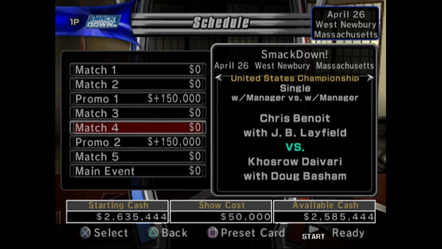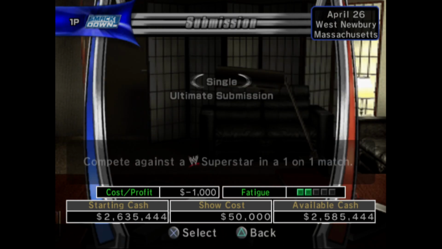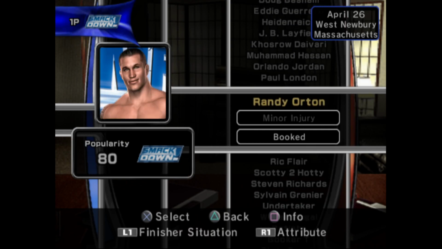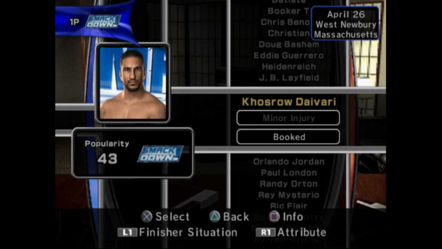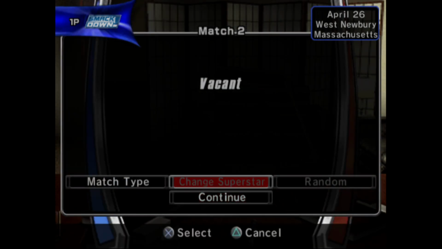And we got 3 things to book. So, we will do again Ultimate Submission, 10 minutes. This will just make things a bit more interesting for this rivalry. Muhammad Hassan, again, going over Orlando Jordan. And then,